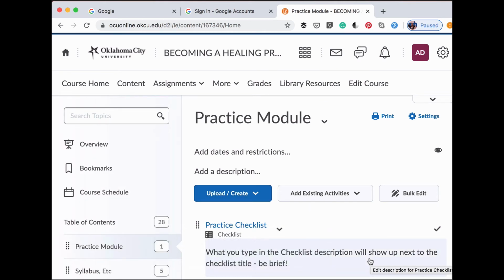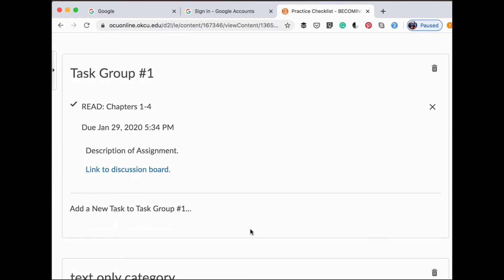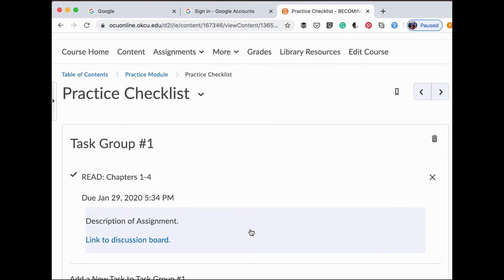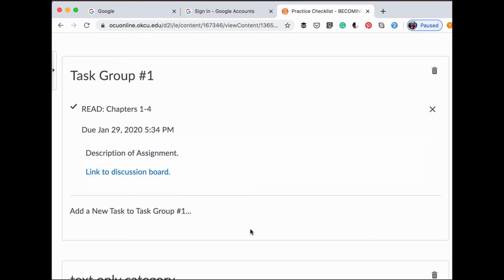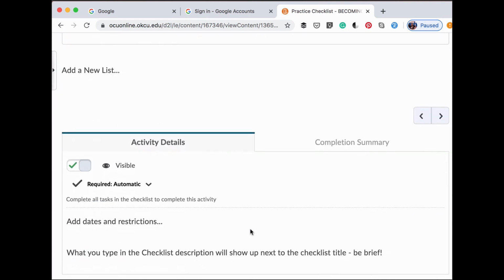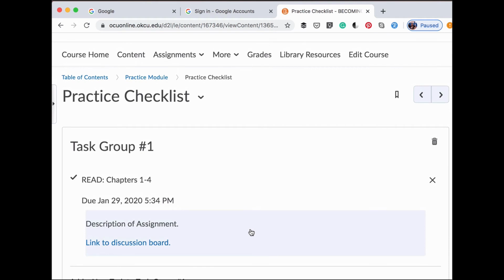Now I want to give you a caveat here as an instructor. When you click on practice checklist in the content area, it's going to look a little goofy. You do have the ability to edit things here in this checklist and add new lists and add new content. I would not recommend making very many edits here within the content tool, unless it's just a quick typo fix or something, because you do have a lot more functionality and things within the checklist area rather than doing